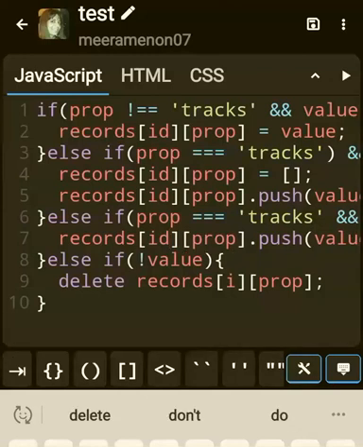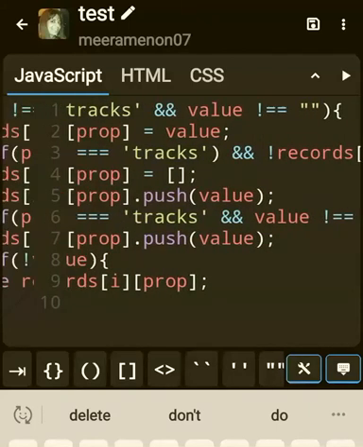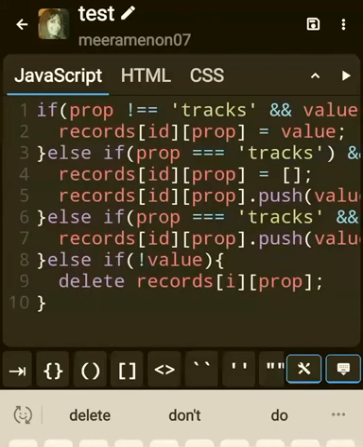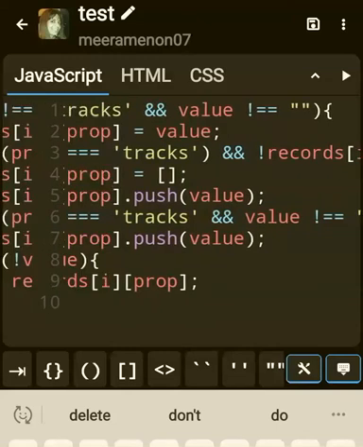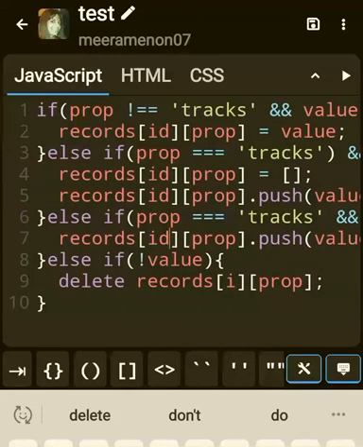Oh, let me go through it. Okay, so I just find something is missing here. Okay, I'm missing a D here. Okay, by mistake. It's a typo error. Sorry about that. I was typing too fast. Haha. Okay. Am I missing anything else here? Okay. One more D I'm missing in the last syntax. Delete records. I didn't type the D. Okay, so it's ID. I was saying ID, but even though I typed the D, the D didn't come through. Sorry about that. Okay. So delete records ID prop.